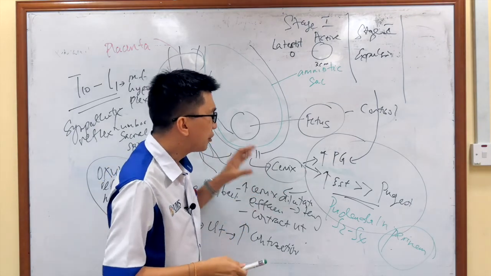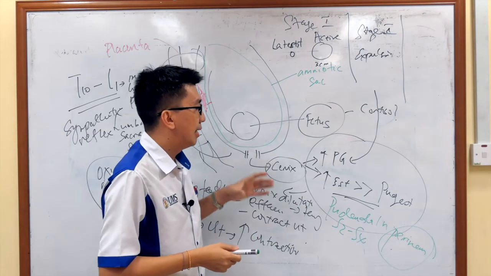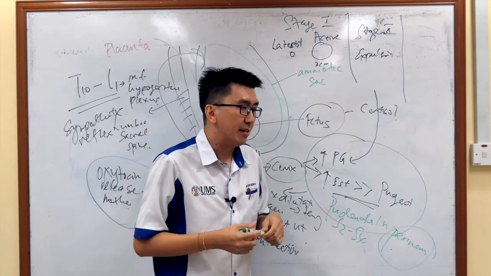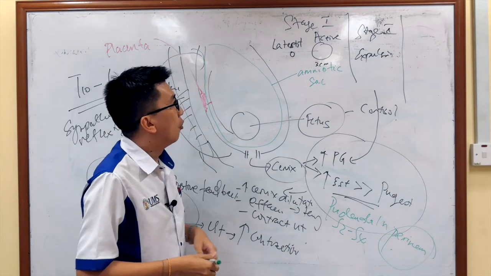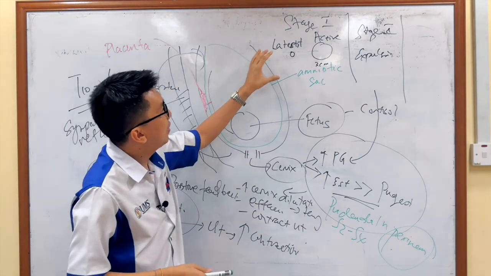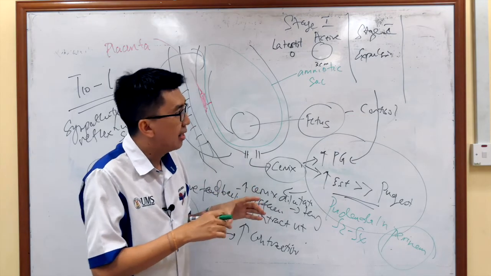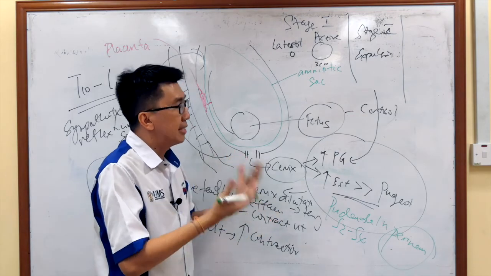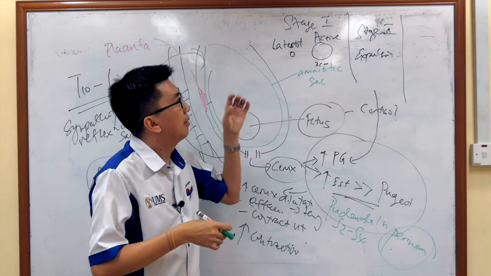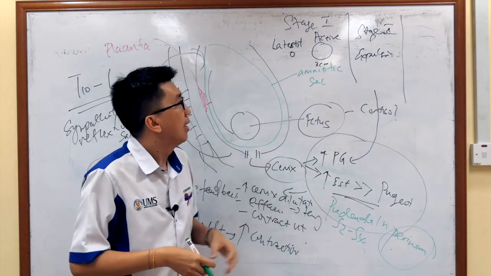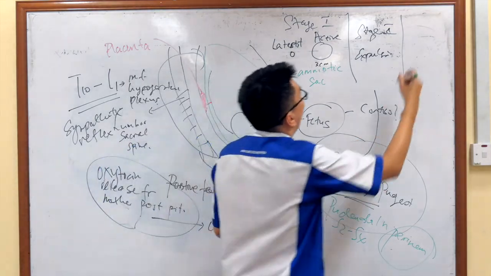Because of these things, the mother will progress through the stages of labor. So stage 1 has the latent phase and the active phase, from 3 cm dilated up to 10 cm. Once the child is delivered, expulsion of the fetus occurs, and then we go to stage 3, whereby